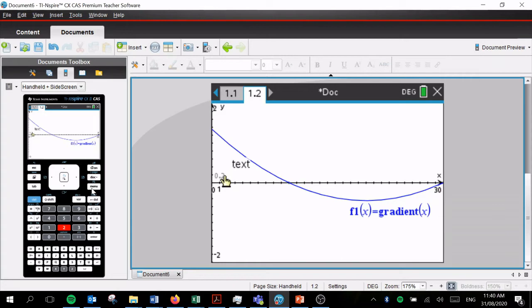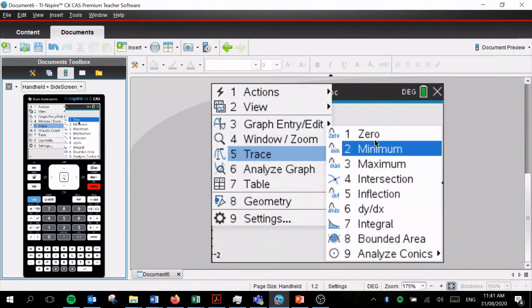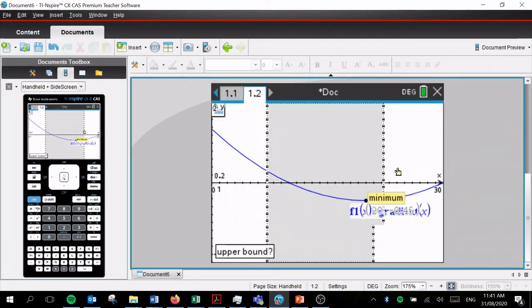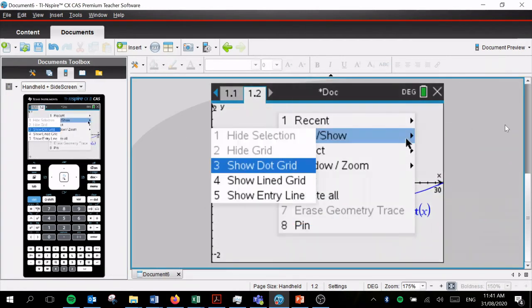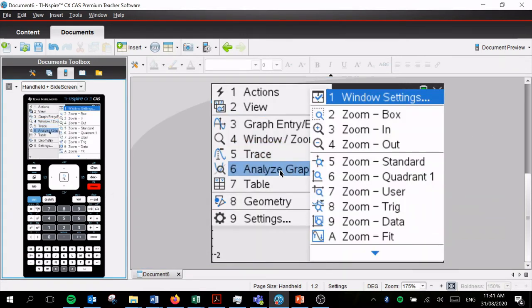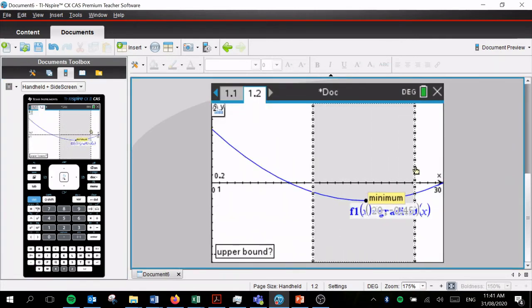So to find where the gradient is strictly decreasing, we're looking for where this function, this graph of the gradient that I made here, is going down. And that happens at about, well, we need to find the minimum. So we can go analyze graph, minimum, and then we need to select a region. So we go in, we analyze graph, we select minimum to find, then we look at our region